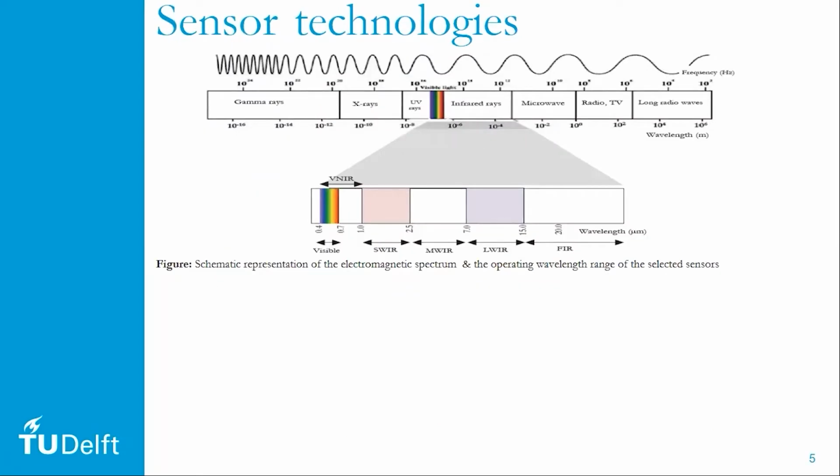This is a schematic representation of the electromagnetic spectrum. It is the range of all types of electromagnetic radiation and their respective wavelengths and photon energies. As you can see from the figure, the electromagnetic spectrum is subdivided into different regions, from high energy zones to low energy zones. And there are sets of sensor technologies that operate over the different parts of the electromagnetic spectrum and measure the different material properties.